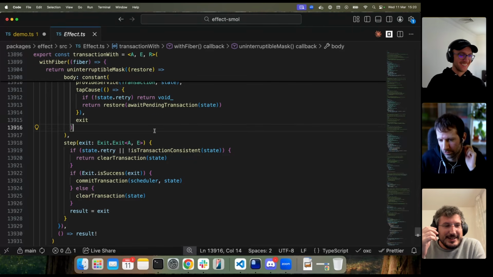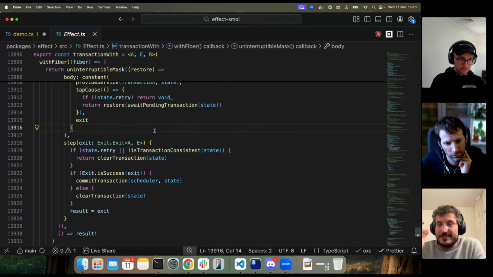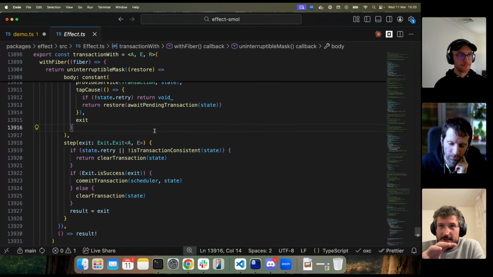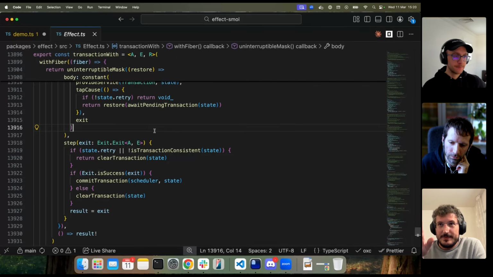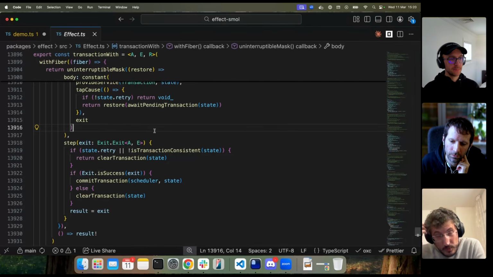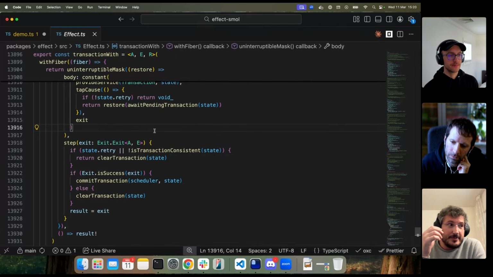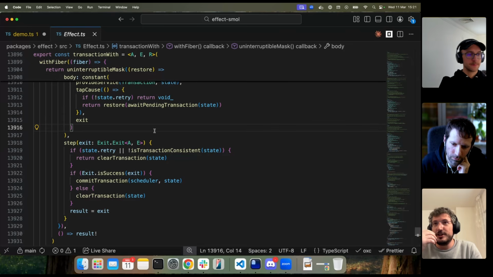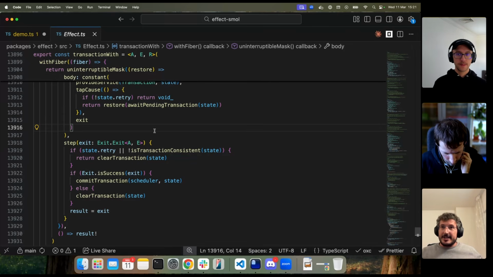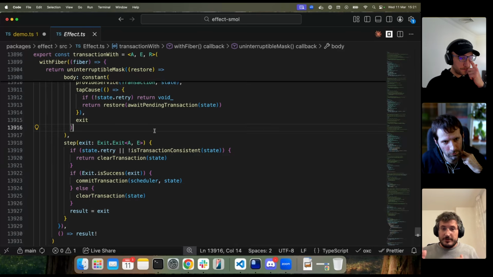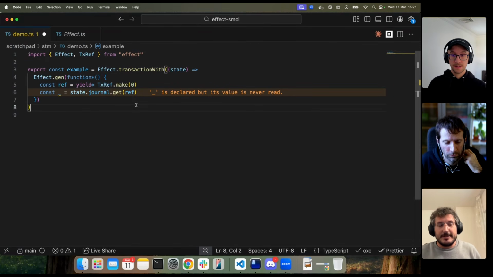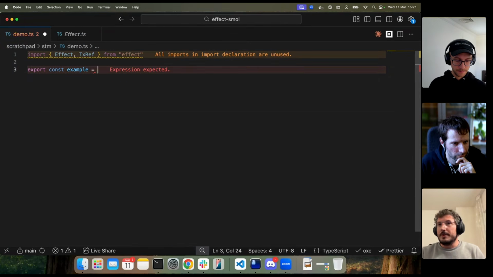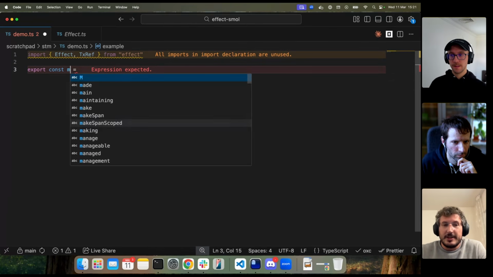I think if one thinks about STM as a way to handle transactions, it's not very interesting. When it becomes interesting is as a synchronization primitive, put it this way, because of the logic around retrying in an asynchronous fashion. And I can show that. One idea would be, let's create